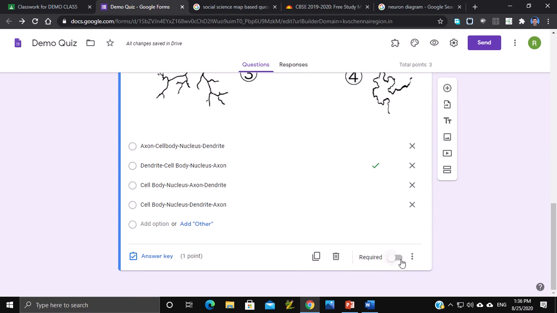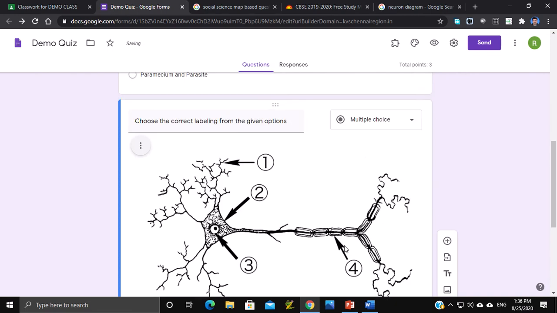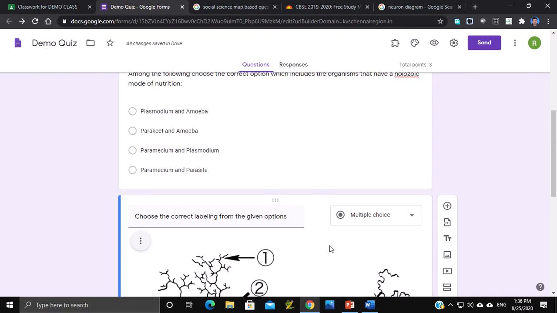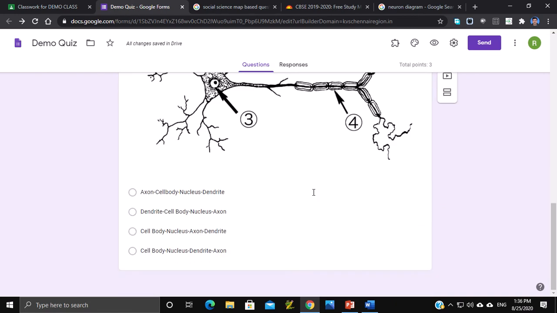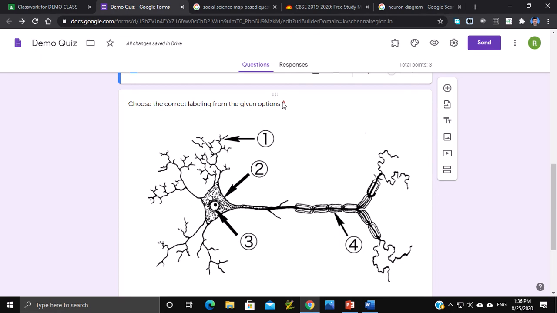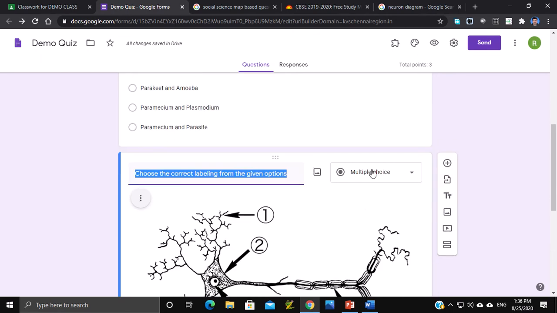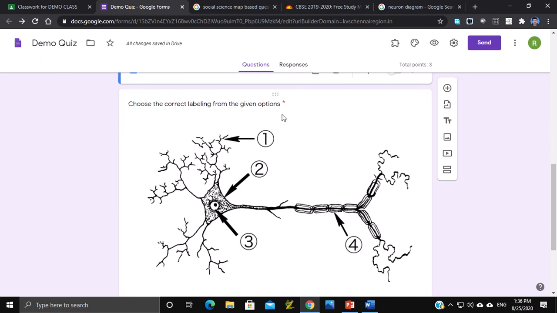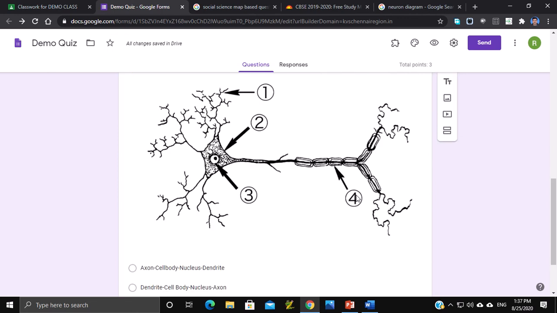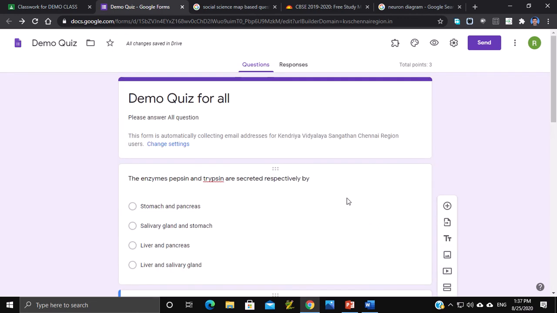If it is checked, that means an answer has to be given for this question, and it will have this asterisk. Wherever the asterisk is there, that field is compulsory to be filled. Is it clear?